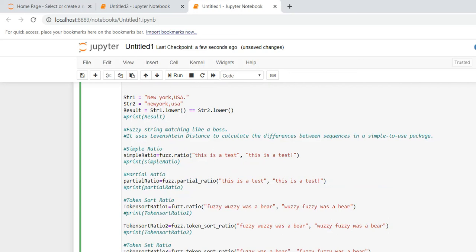So these are all the types of ratios to match two strings. The first is normal ratio calculation. The second is partial ratio. The third is token sort ratio. Even if you change the words from end to first, first to end, and change the sequence, it will give you an exact ratio. And the fourth is set ratio. Set ratio, sort ratio, partial ratio, and normal ratio. Thank you guys. Thanks for watching this.